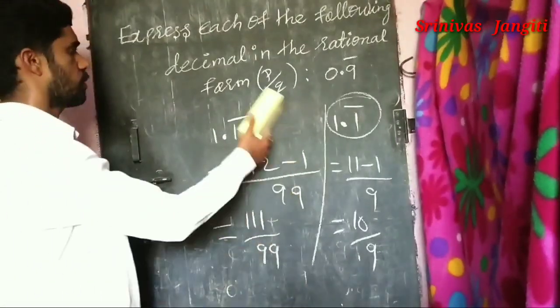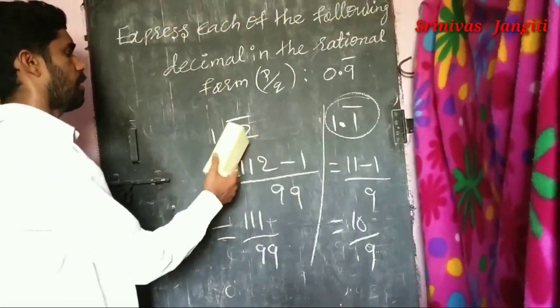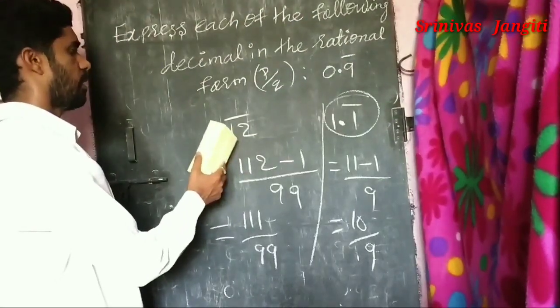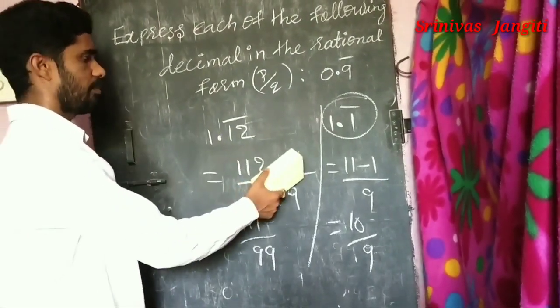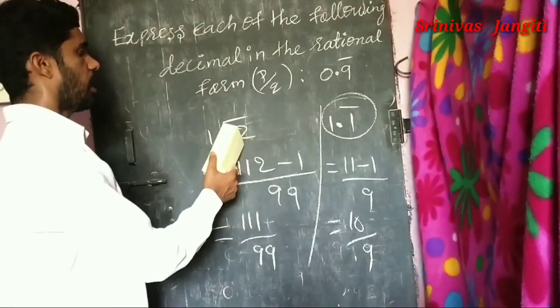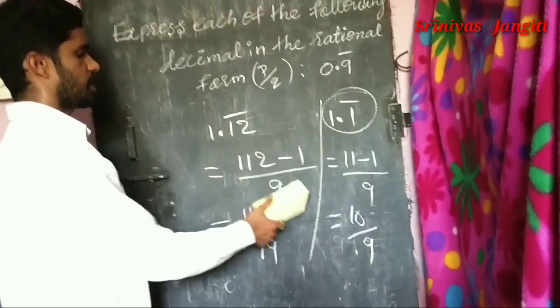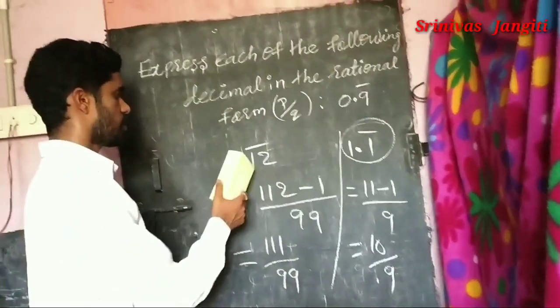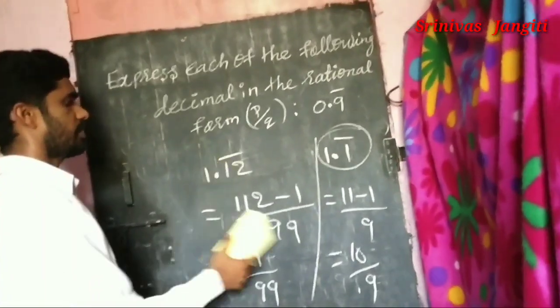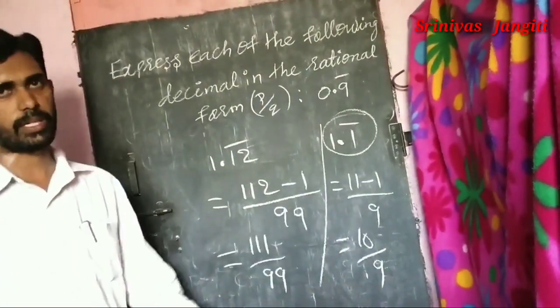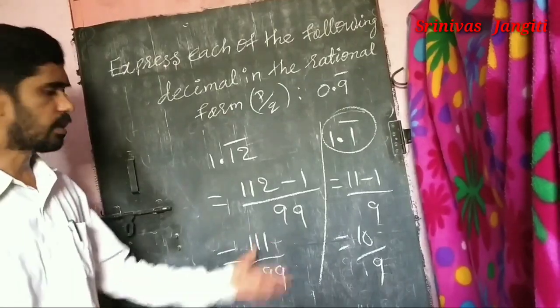This type of problem, even hundreds or lakhs of problems, works the same way. Nothing. Just first write the total number. After that, the number before the bar after the point, subtract it. Down below, how many digits have the bar? That many nines you should write down. Suppose between the point and the bar there is any number, that many zeros you should write down. Simple. Is there anything hard here?